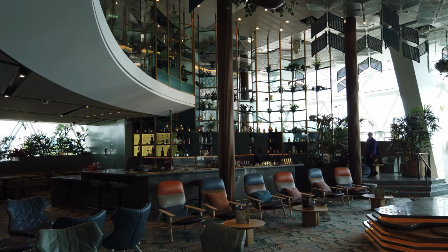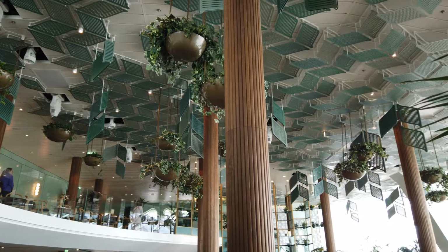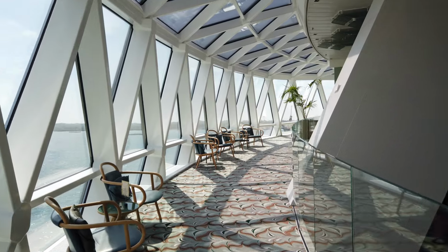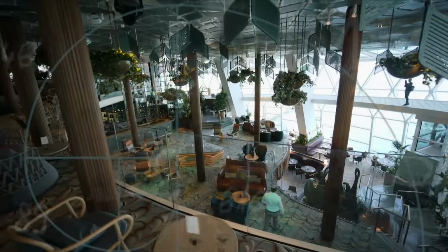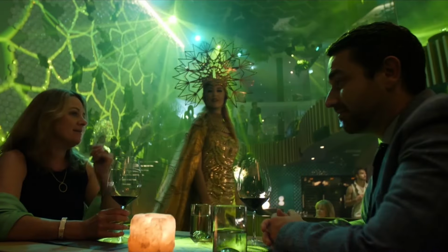One of the big innovations, although it has had more mixed experiences and feedback, is Eden. Eden is a dining and entertainment venue at the rear of the ship. It's actually over 3 different floors. In the morning, it's designed to be quite restful and peaceful, and they might have things like yoga classes. In the afternoon, it gets a little bit more upbeat, sort of afternoon tea time, gets a little more vibrant. And then in the evening, it turns into something more decadent, and there is a much more immersive dining and